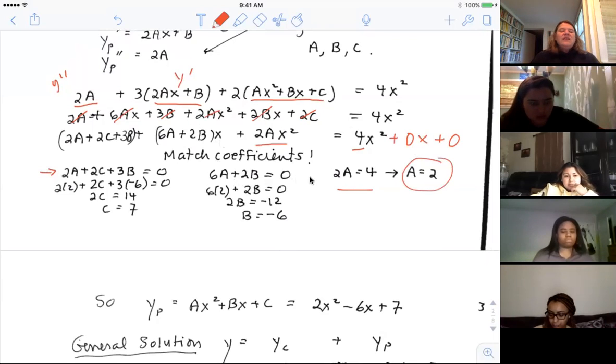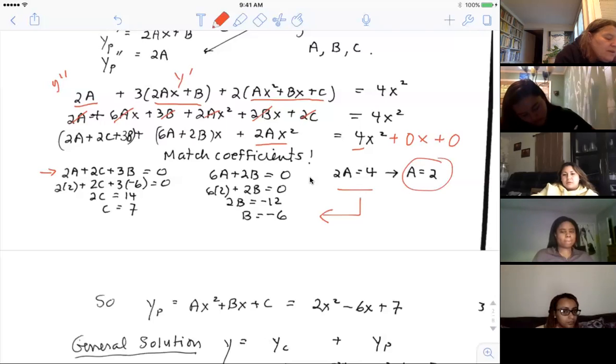Now, guys, you have the potential here of getting systems of equations, but a lot of times for these things, because the powers on x are dropping, you'll be able to find one and then use it to find another. An example of that would be right here. Since I already know a is 2, and I know 6a plus 2b has to be 0, I'm just going to plug in the 2 that I know a has to be. So there I'll get 12. I move the 12 over, I get 2b is minus 12. That says b is minus 6. Okay, so I'm in business now. Go back to the very last one.